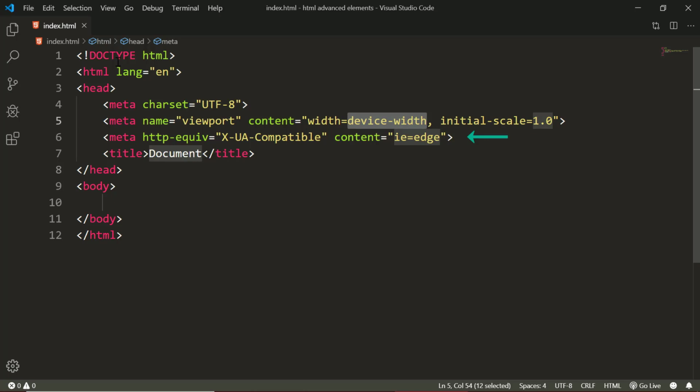The next is the X-UA-Compatible meta tag. The X-UA-Compatible is a document mode meta tag that allows web authors to choose what version of Internet Explorer the page should be rendered as. This isn't a problem for most of us, but in case your website is going to render on an outdated browser, then this meta tag can help. The content equal to IE=edge tells Internet Explorer to use the highest mode available to that version of